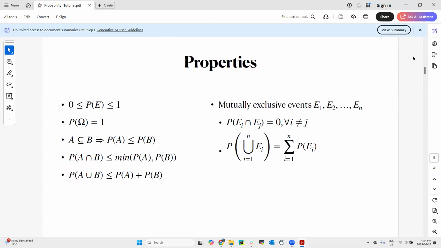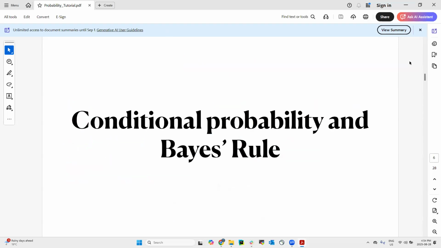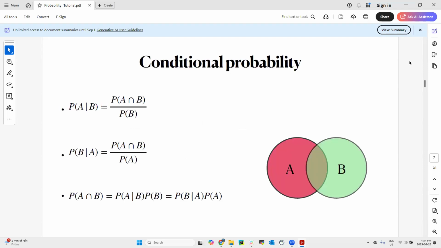Okay. So now that we know a little bit about these, let's go and talk a little bit about conditional probability and the Bayes rule. Conditional probability is a very important concept in this course. We're going to touch on this in a lot of algorithms that we'll discuss. And hopefully by the end of today, what we want you to have, if you haven't already, is to develop some sort of intuition of what a conditional probability is and how it is different from